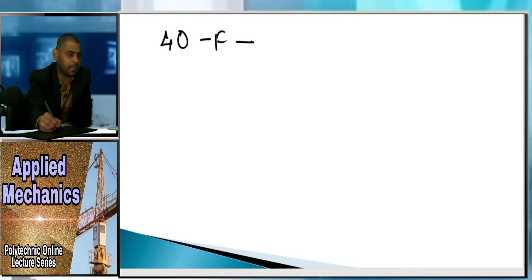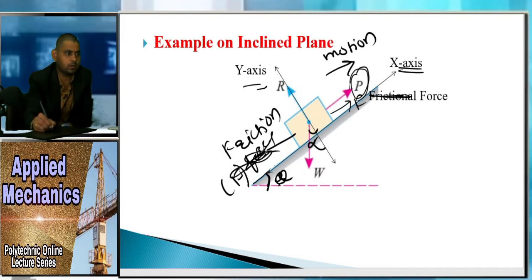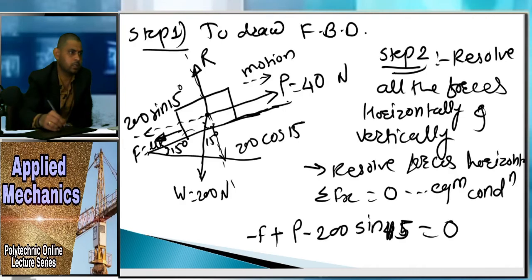200 sin, just wait a minute, forces towards the, sorry, this body is on an inclination, right? And we are applying a force on this body, so your friction will be here. So here I have already taken the friction, here we have to take the friction force, not here, so that will be a plus sign.